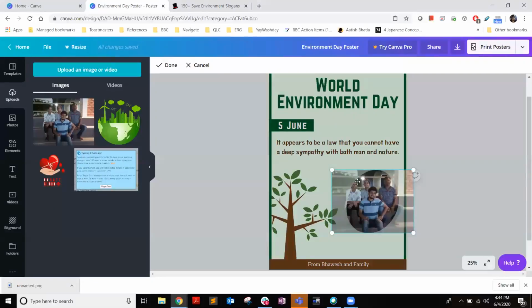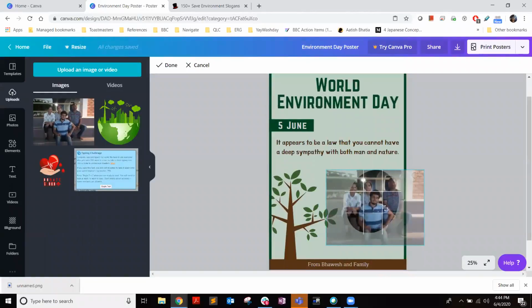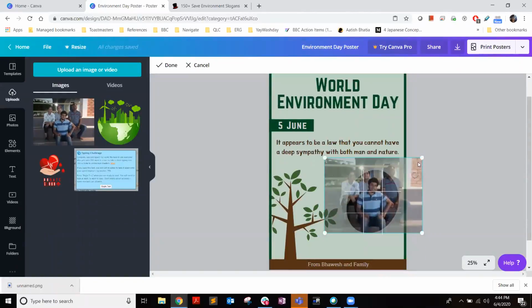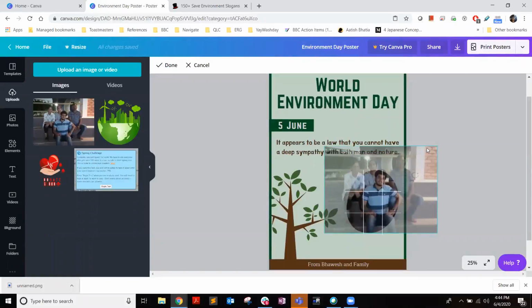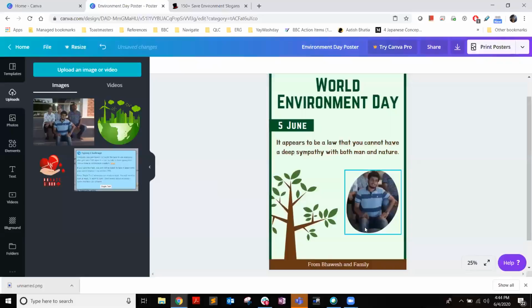You remember this slight border which you see, this is what the part will be visible of your frame because of the design of the frame. I'm going to drag it, or maybe increase it like this so that everyone is seen. Say I want to show only myself, so I'm further going to adjust it, increase the size in such a way that inside this circle I see only myself. Once this is done, I'm going to click on done here, done. So you see now only I am a part of that picture. That is how I've adjusted or cropped it out.